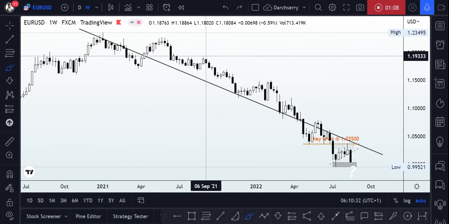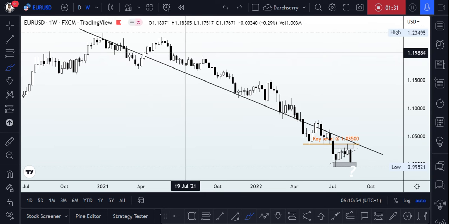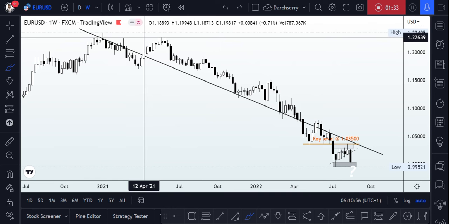Now, before I go further, I want to let you know that this is going to be a follow-up detail of my previous analysis on the Euro USD, where we were able to make over 200 pips on this pair last week. If you want to see what we were looking at, kindly check the link below for reference purposes. So, with this scenario we have here on the weekly time frame,